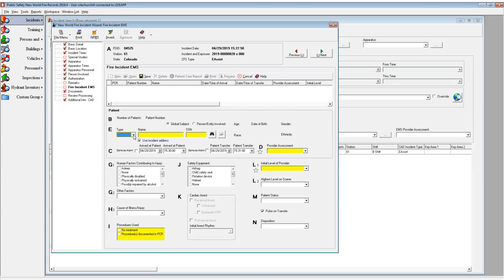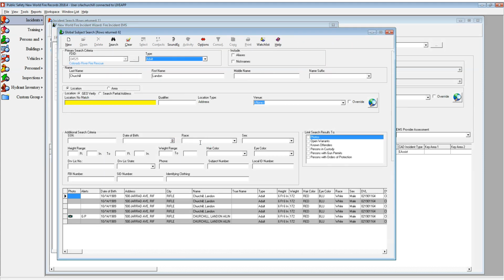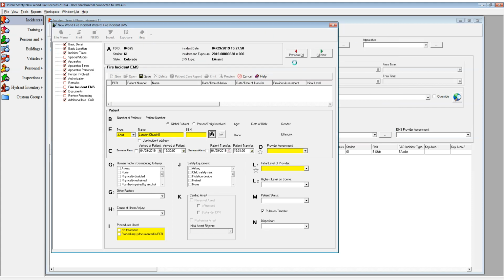So now you're going to create a patient. Same process here, right? Again, remember, take out the incident address. Type the name of the patient. Search. Good. Now, this brings up a good question. What if nobody shows up? Number one, if nobody shows up,